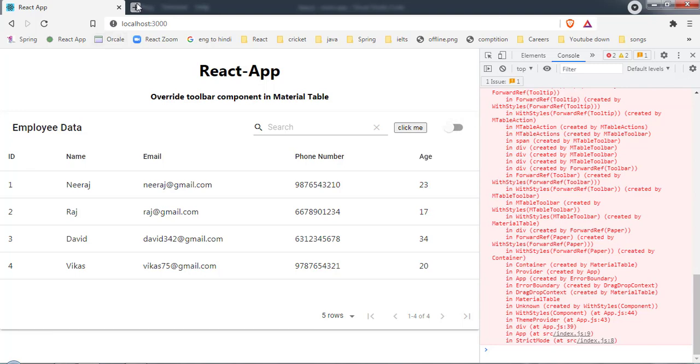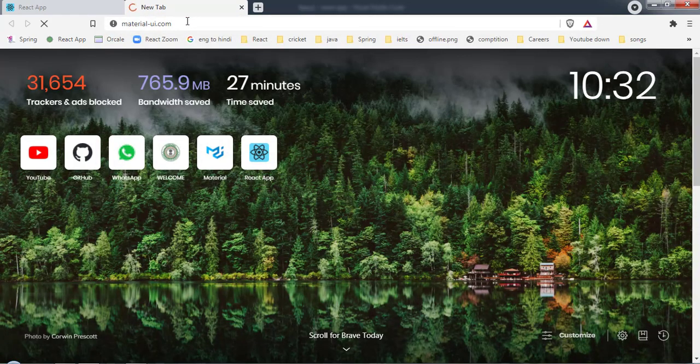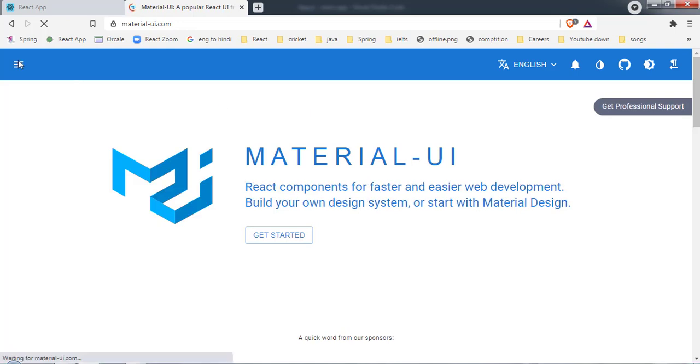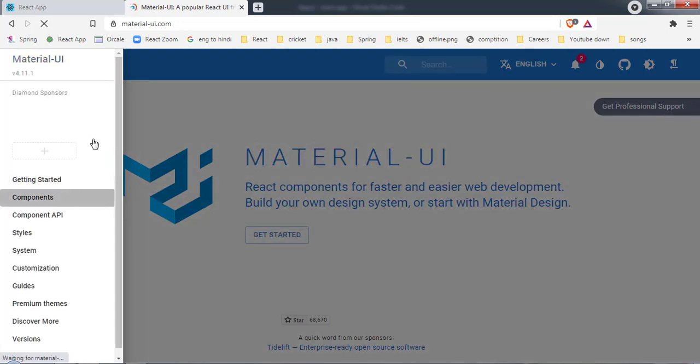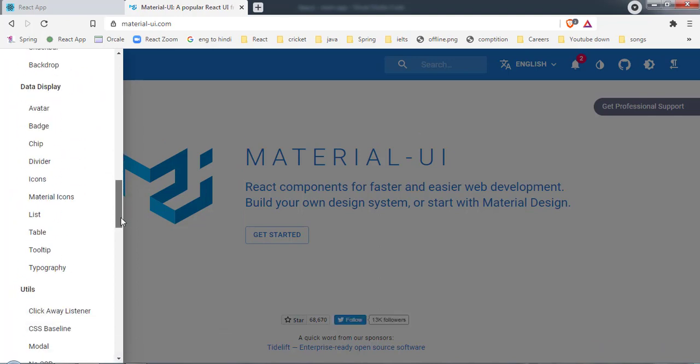For that, let's go to the Material UI website. From here go to the components, and from here we can select the Material Icons. In data display we have Material Icons, so let's select this.